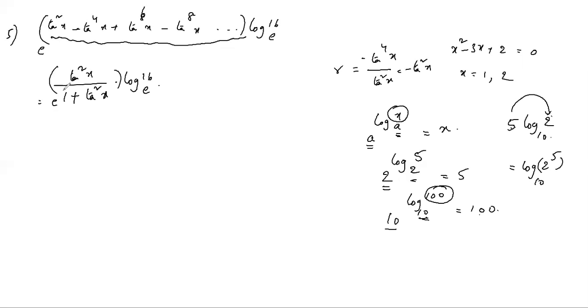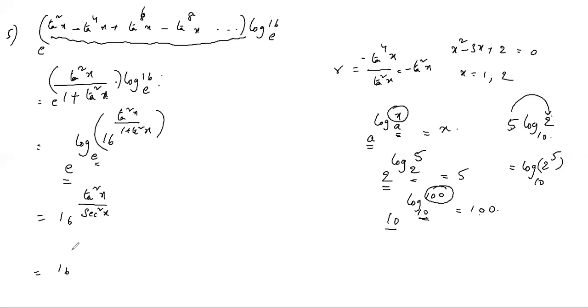So same if you apply here, e power, tan square x by 1 plus tan square x, I am taking inside the logarithm. So log of 16 power tan square x by 1 plus tan square x base e. So here base e, both are equal. So what is the x value? 16 power tan square x by 1 plus tan square x, where 1 plus tan square x is nothing but secant square x. And tan square x by secant square x is nothing but sin square x. Secant square, the cos square will cancel, sin square x. So this is nothing but 16 power sin square x.